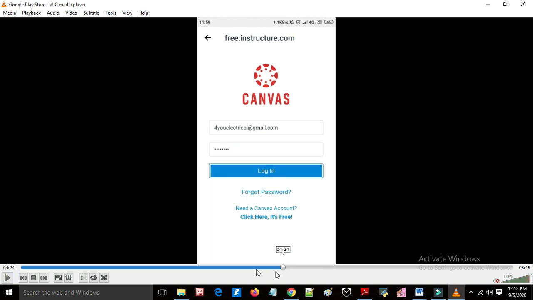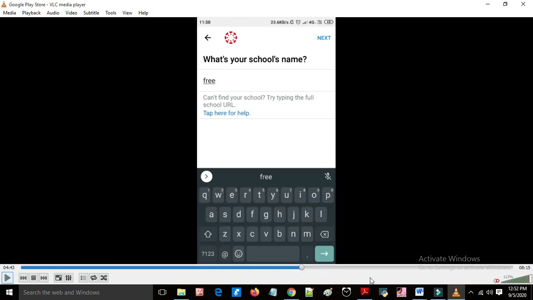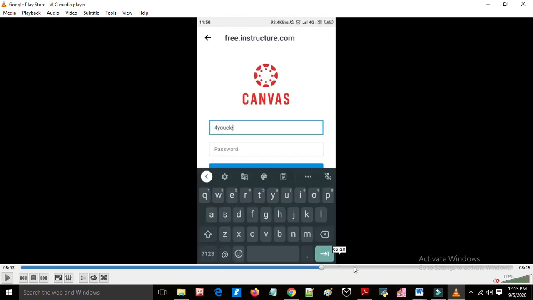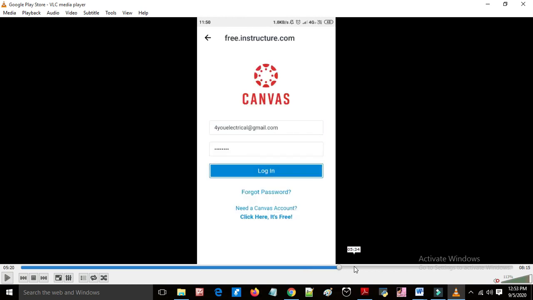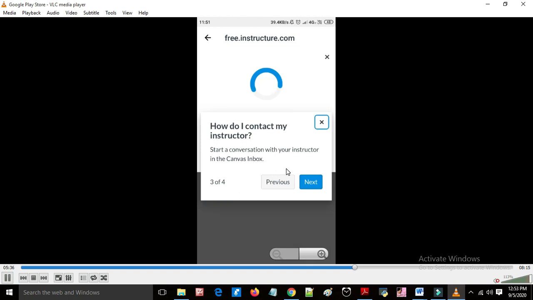You can see the login here. Whichever course is there, the same instructions apply. From the mobile app you can also see your course to-dos, the instructions and modules.